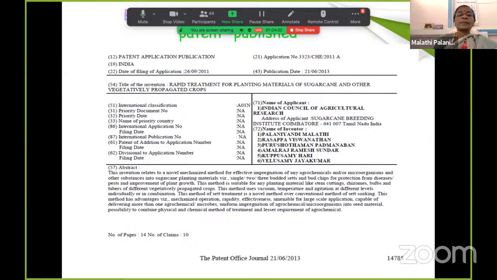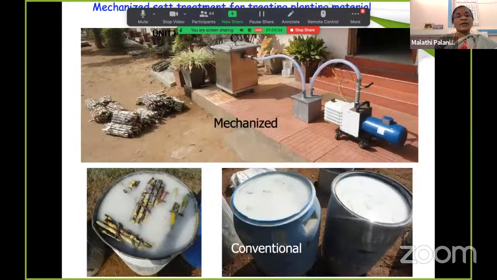And then after that, we went on to fabricate bigger units for field application in collaboration with the CAE nearby, that is the regional center here. This is the first unit we fabricated, and here we can see the difference between the conventional method and the mechanized one, because in our institute, for the management of the national hybridization garden, we are growing more than 600